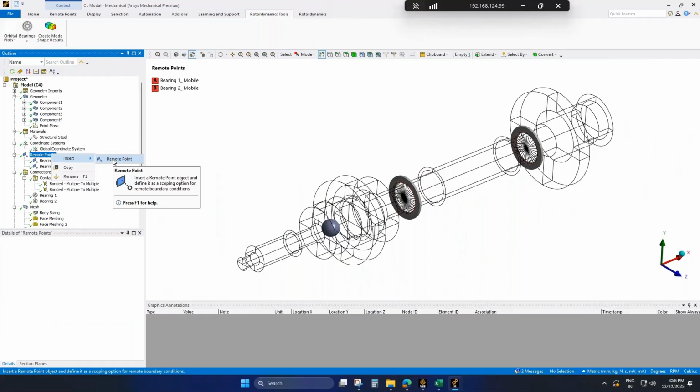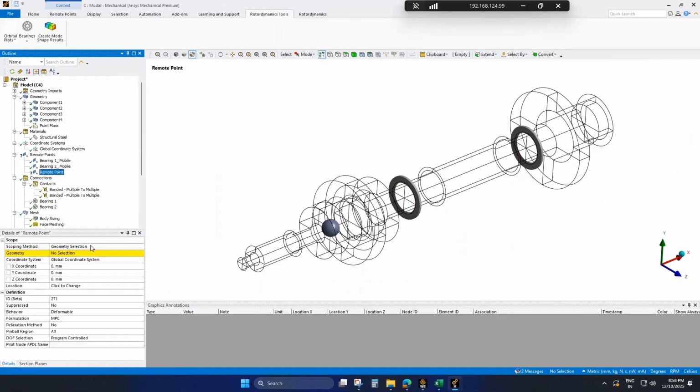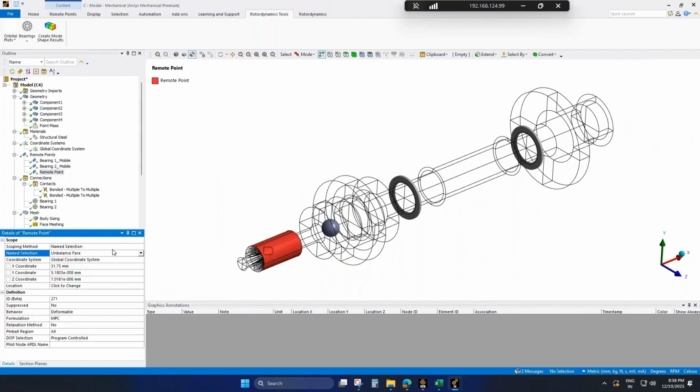So I will do that now. I will set the scoping method to name selection, choose this unbalanced phase, and I'll rename this.